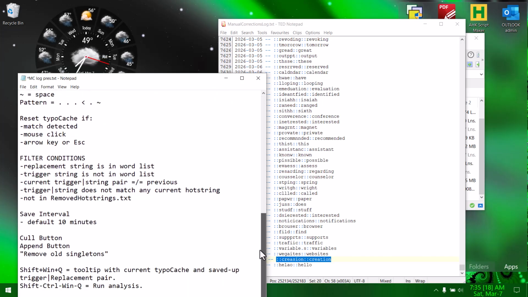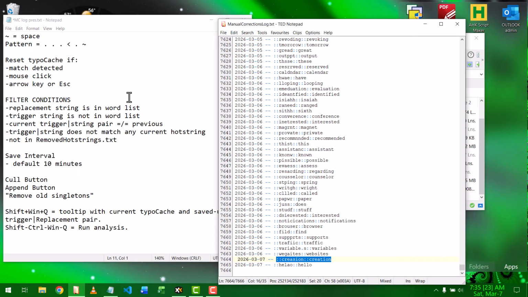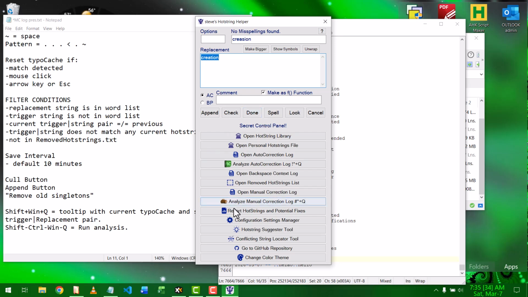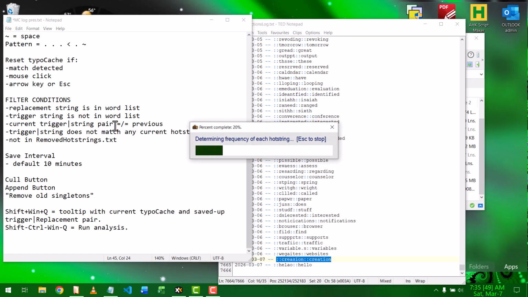So now let's look at the report. First of all, we can access the report from HotString Helper: Win H, right-click on the Done button, and then there's the log icon for Analyze Manual Correction Log. Or you can just press the hotkey Win Control Shift Q. So Win Control Shift Q, and you get this